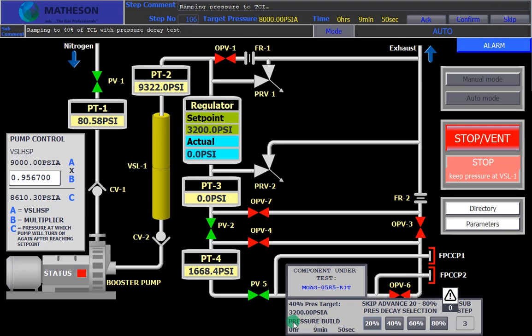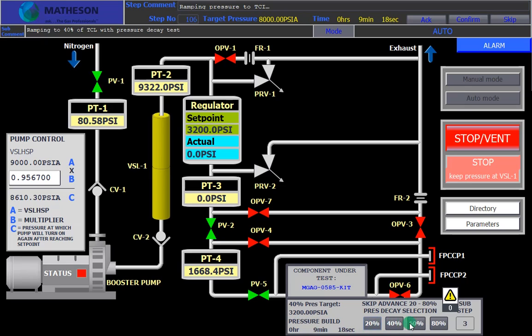And so we've skipped that pressure decay because it didn't decay, obviously, because I didn't change this number. So it was satisfied with that. So we're pressure building now to 40%. So that would be 3,200 BSIA. So we've got the watchdog of 10 minutes, but I'm just going to let this run a bit, and then I'll change up to 3,200. But I'll just explain